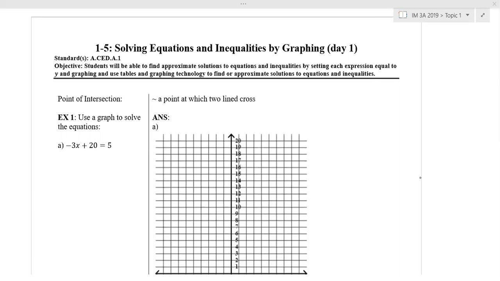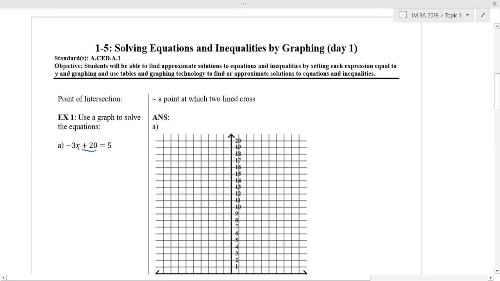This lesson is for section 1.5, which is solving equations and inequalities by graphing. For the first day, we looked at solving equations specifically. So I'm going to look at example 1, A and B, to kind of discuss the process. When we are given an equation and we want to use a graph to solve, we are looking at